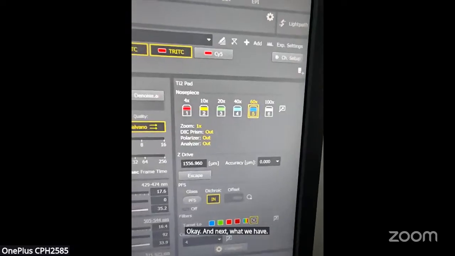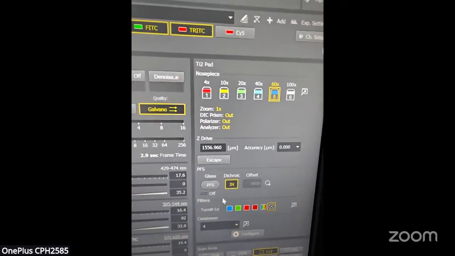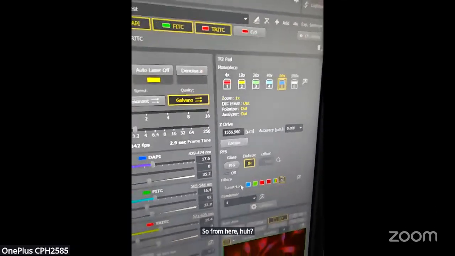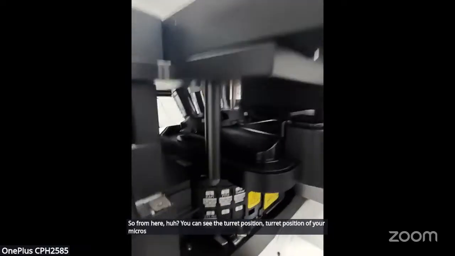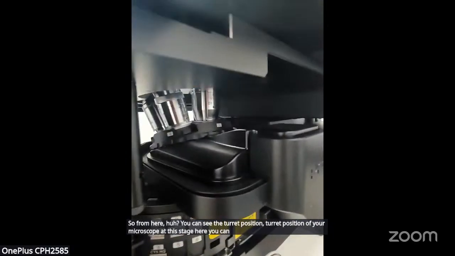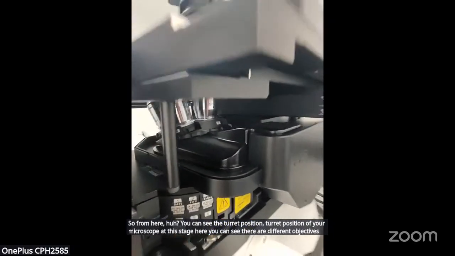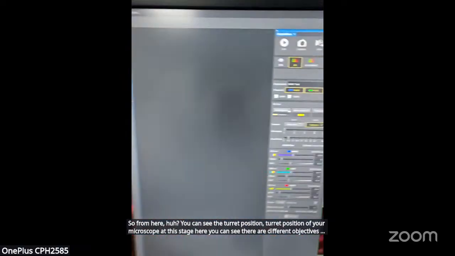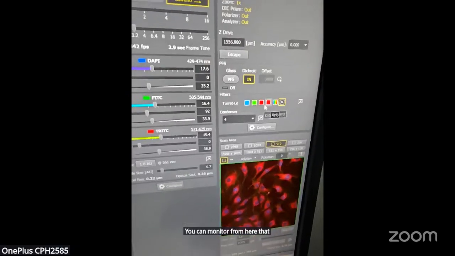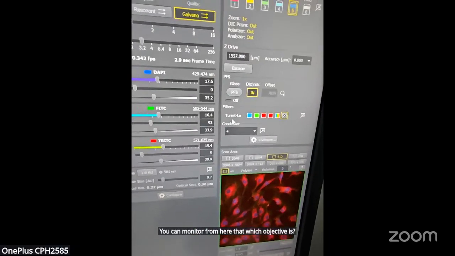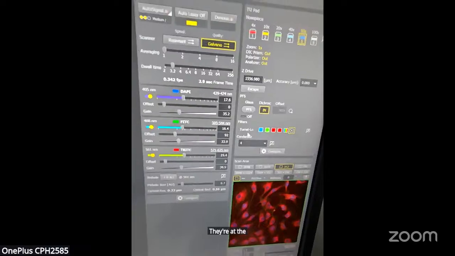Filter turret. So from here, you can see the turret position of your microscope at the stage. Here you can see there are different objectives. So you can monitor from here which objective is there at the turret position.